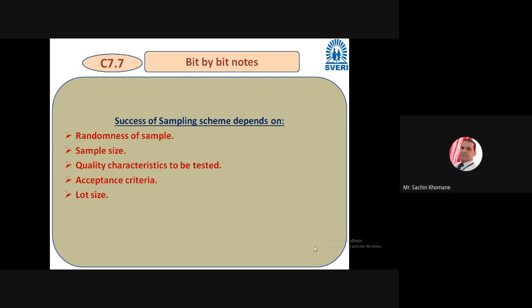Okay. So I hope you understood the theoretical part of sampling inspection. Tomorrow, maybe next week, we will complete the only 1-2 bits remaining from this unit. We will spend 10-15 minutes to complete the 7th chapter, and then we'll start our last unit. It may take 4 to 5 hours to complete. So next week we can complete our syllabus. Okay, thank you. With this, we'll stop here. Quit the meeting.